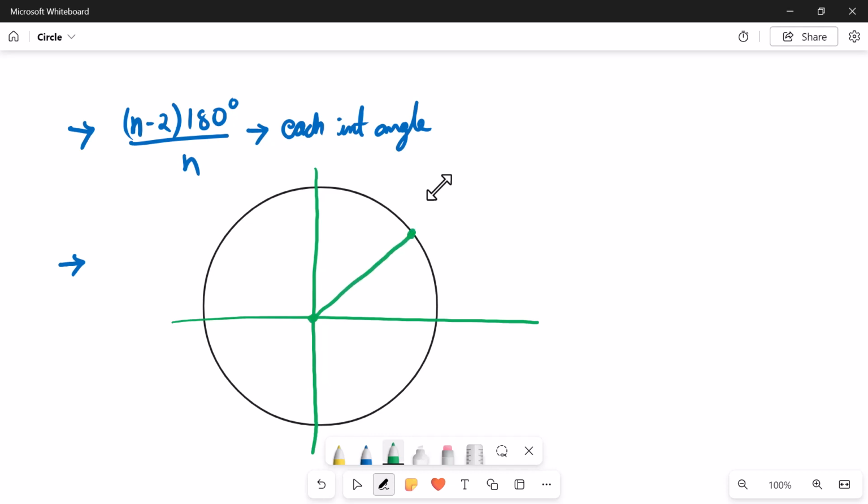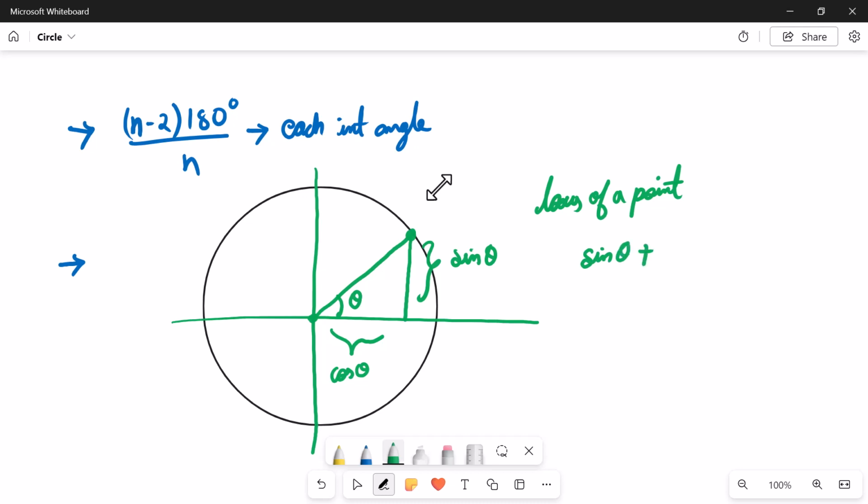Imagine if we take this particular point and join it with the origin, and if this angle is theta, then this length is sin theta and this length is cos theta. So you may define a circle as a locus of a point which satisfies this equation. So you may define a unit circle as a locus of points which satisfies this equation, sin theta plus cos theta equals 1,